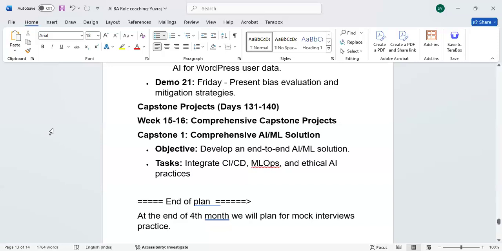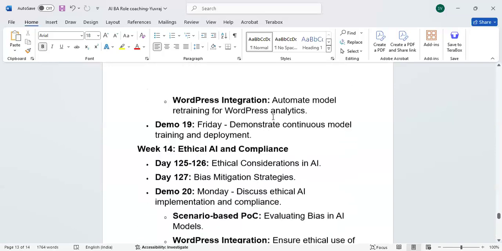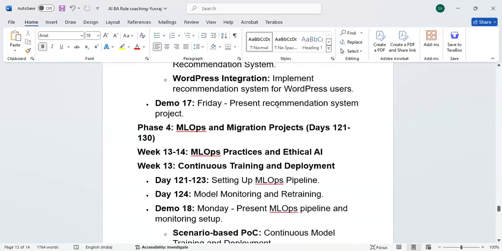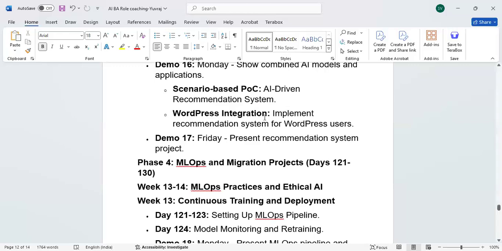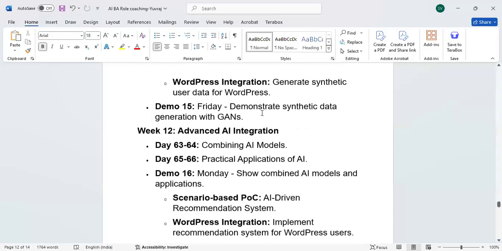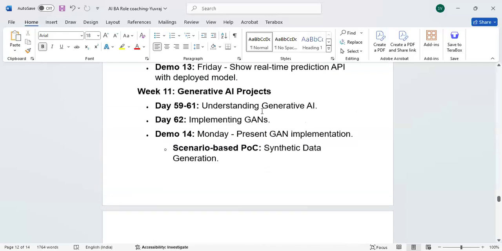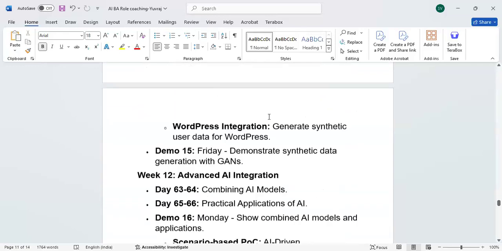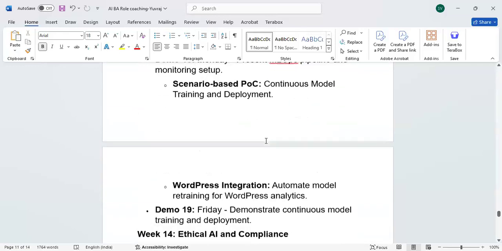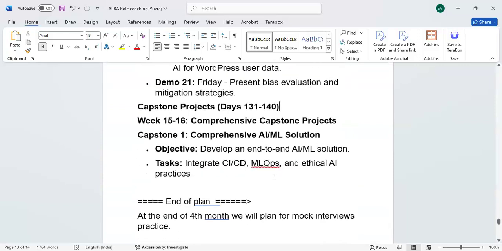Because at this point, my coaching is not required because you have been coached 4 months completely, week by week. Then you gave a lot of demos. By now you learned a lot of technologies, a lot of scenarios. You are confident enough. Then if you want to develop some kind of ERP practices, yes, you can go ahead with that. If you want to develop some kind of pharmaceuticals, drug invention, drug data analysis, yes, you can do that. Either way.